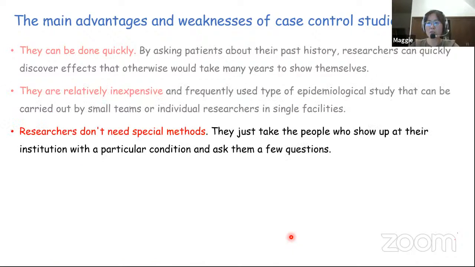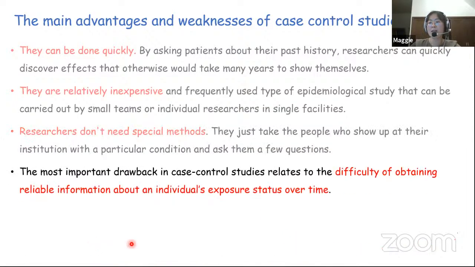And next, researchers don't need special methods. They just ask the patients some questions, then analyze the data, and then they can get a conclusion. So we don't need special methods for this kind of research. And the most important drawback in case control studies relates to the difficulty of obtaining reliable information about an individual's